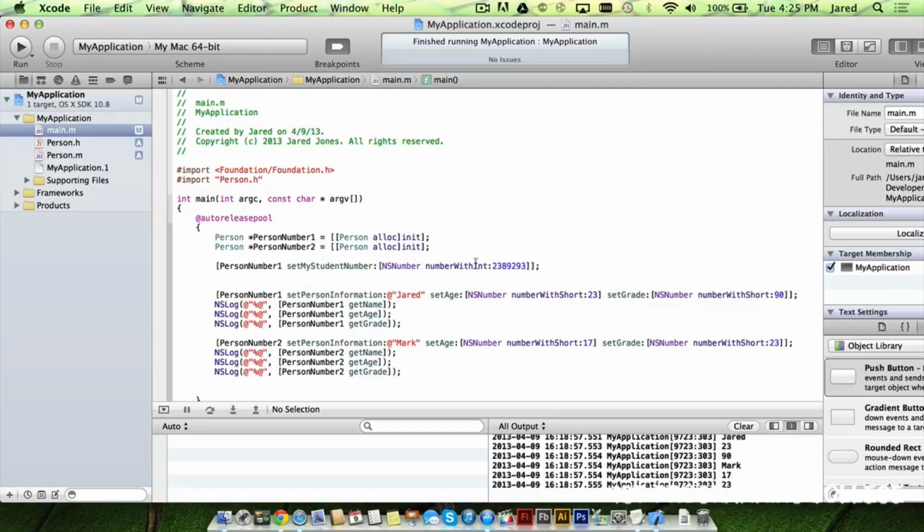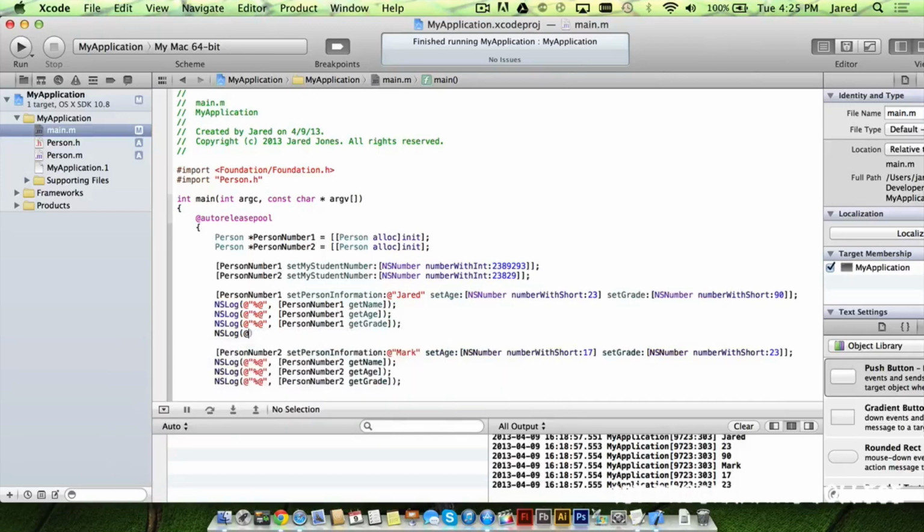So now I set my student number for person number 1. Let's set it for person number 2. I can go person number 2, set myStudentNumber, an NSNumber, number with int, shorter student number. Could have been at the school longer, who knows. And then it's very simple actually. I can go NSLog, and I can go, here, let me just close out. Okay, there we go. And I can go